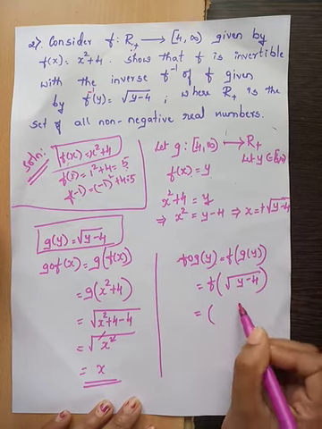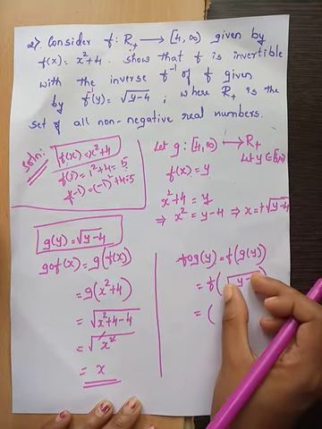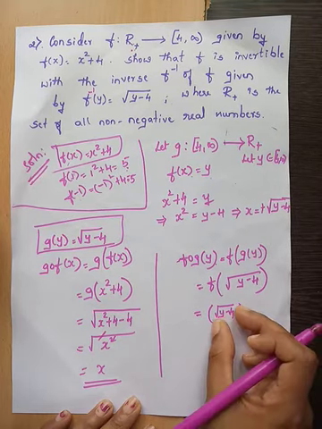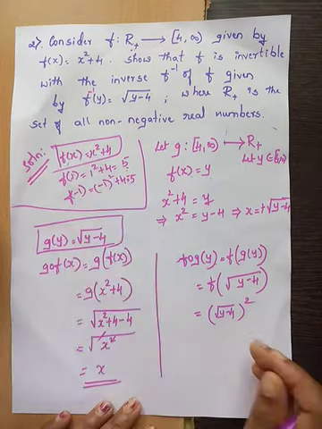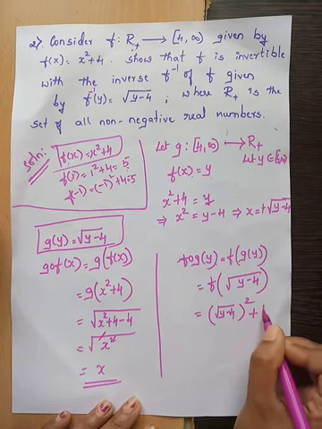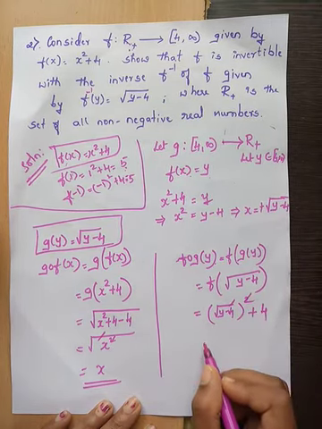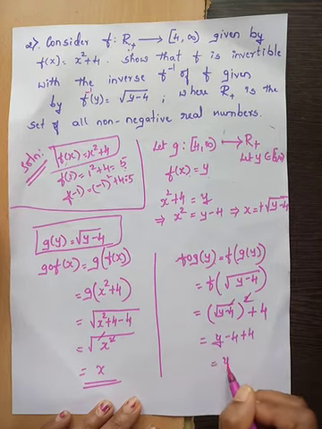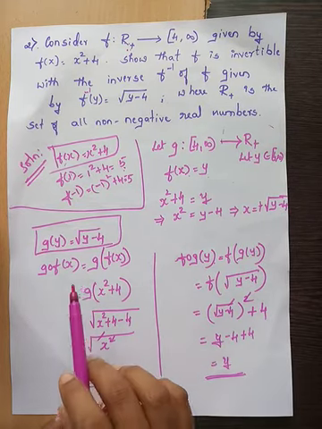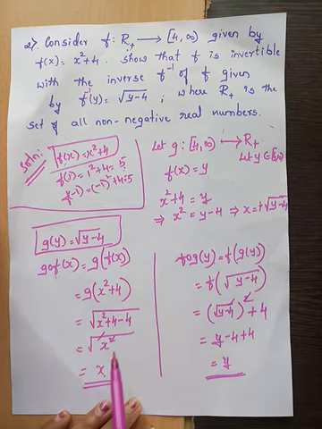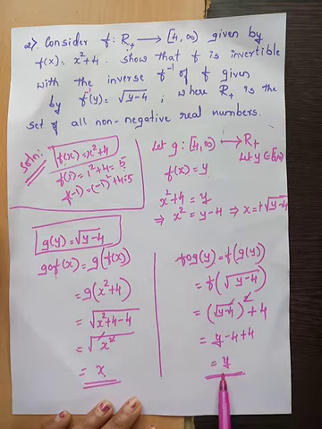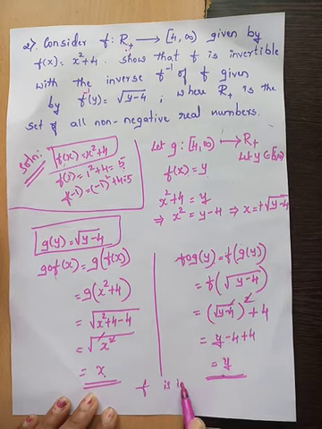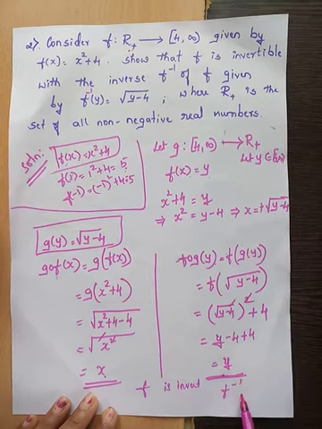Here it should be x square, but you can see instead of x I have square root of y minus 4. Whatever it is, it should be squared, because it is x square. So, this term whole square plus 4. Again square and square root cancel. So, we will be left with y minus 4 plus 4, which is y. So, we have shown that g composition f of x is the identity function in x, and f composition g of y is y. Which means the given function f is invertible, and f inverse is nothing but g.